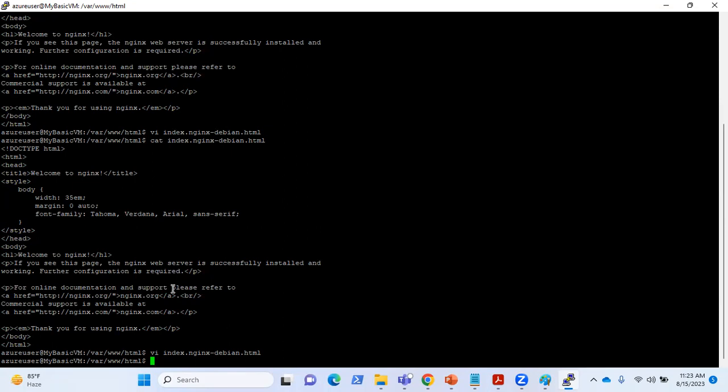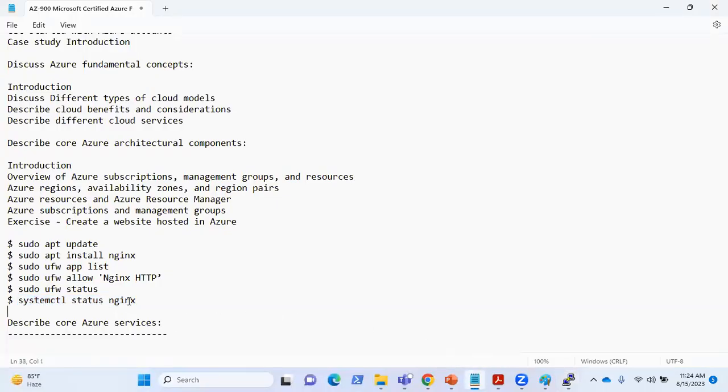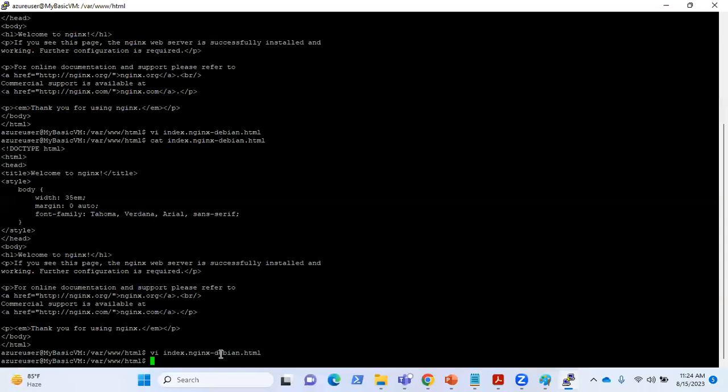So if you want to edit that file, then you have to run a command. What command? See, systemctl status nginx. Status means it will show whether it is started or stopped. So you have to write here start or stop. So if you want to stop, then we'll go